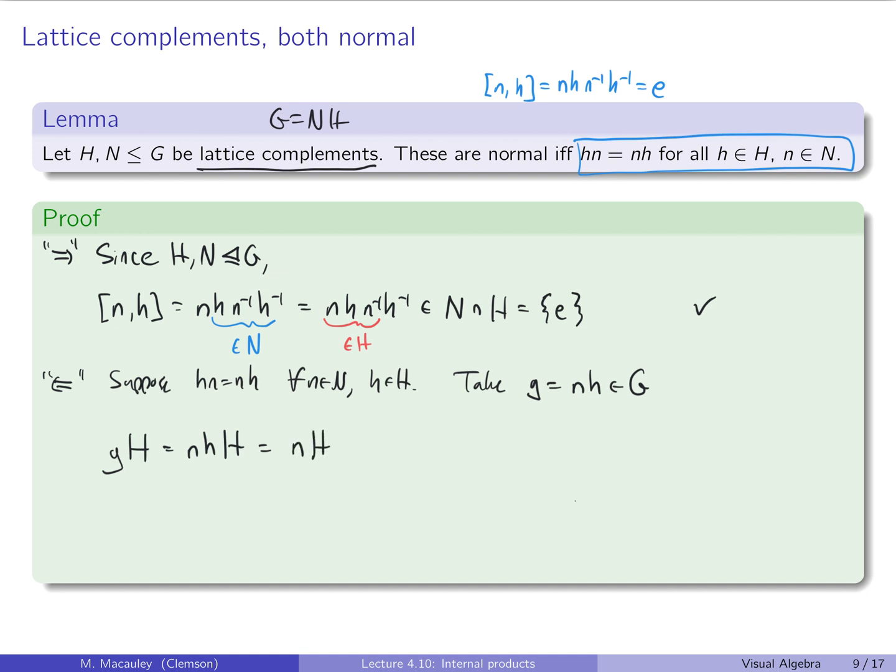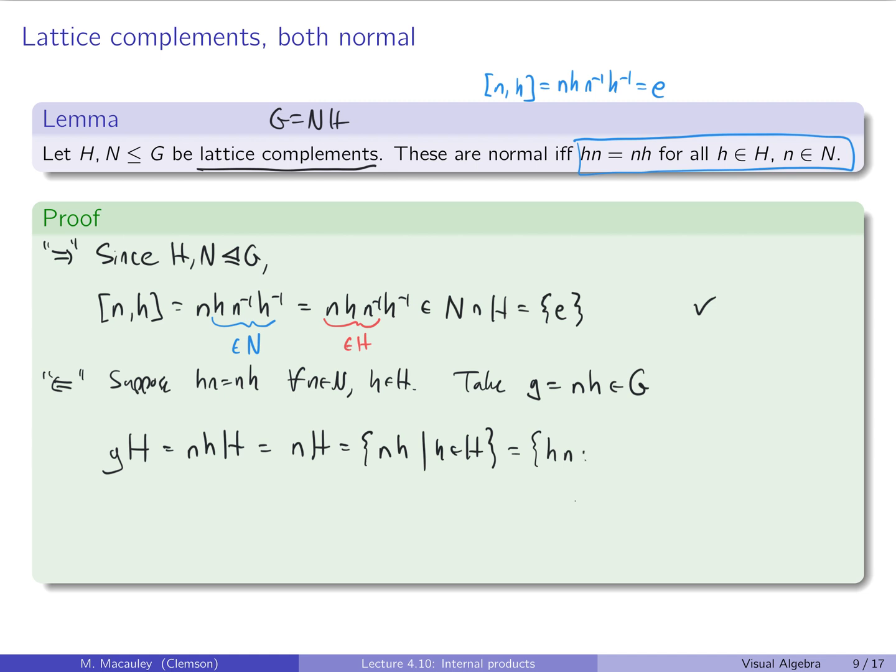So this left coset is nH, and it suffices to show that it is a right coset. So nH, by definition, is the set of all elements little n times little h, where little h is in big H. And by assumption, because these elements commute, we can write this as